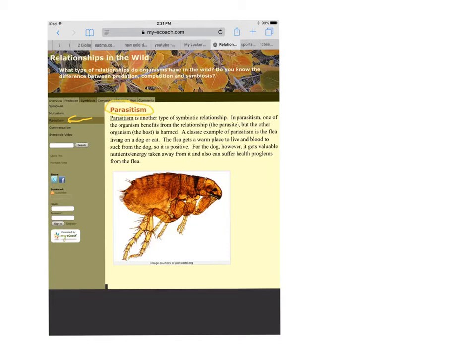And now clicking on the next little subcategory, you get the next symbiotic relationship. We were talking about parasites on the last slide. Well, this is a parasite, a very common and very popular one, the flea. This is a type of relationship where one organism benefits, that would be the parasite. The host organism is affected badly. It's affected in a harmful way. So a classic example right here is the flea on a dog or a cat. Obviously, that'll be a very good relationship for the flea. It gets a nice warm place to live. It's got a lot of blood to suck from its host animal,